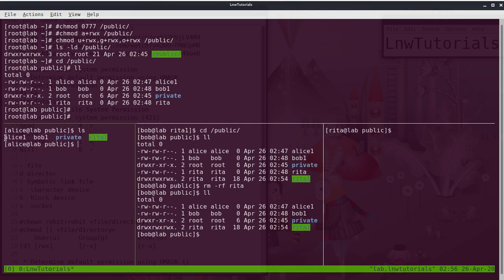He is able to see Alice, Bob and Rita, and he goes ahead and is able to create the directory. So it is not the same. For this we need to change the permission as per the user.